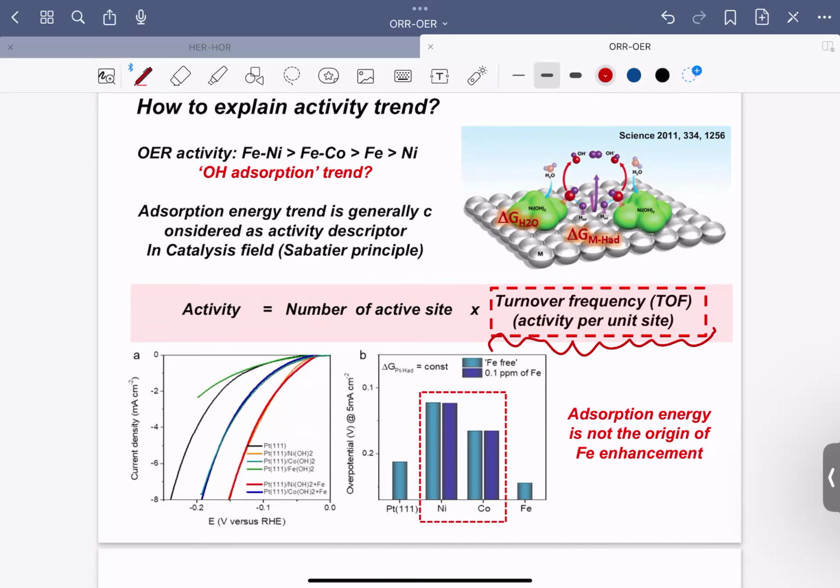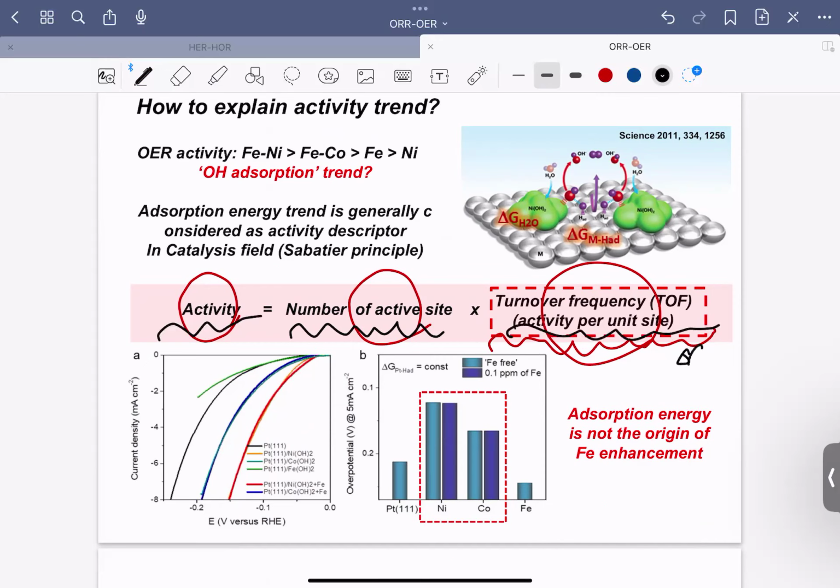Because, please keep in mind, we only measure the activity, right? However, the activity can be calculated as how many active sites times the activity per active site, right? But we don't actually know that. In general, people assume that the number of active sites is a fixed value. So people just directly correlate activity with the thermodynamic parameter, the delta G. However, it is not true in OER,